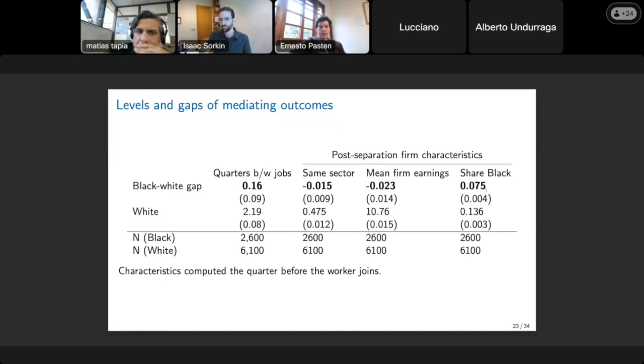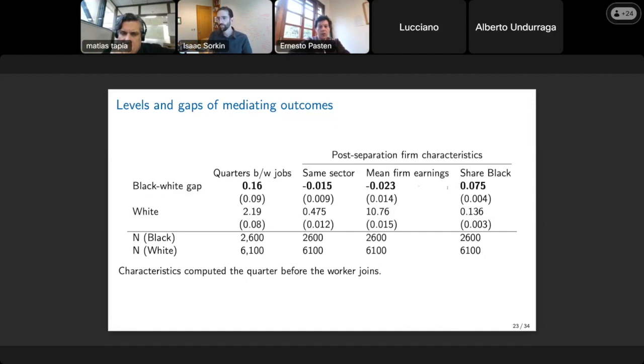Black workers end up at firms that are about 21% Black. So about 50% greater share of the workers at the firms that Black workers end up at are Black. So this is a very large difference. So what I'm going to do now is, rather than just looking at these numbers and trying to interpret them